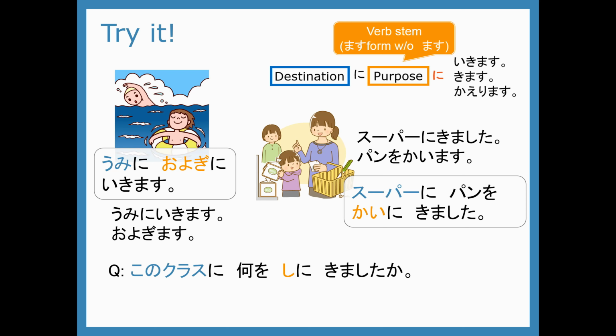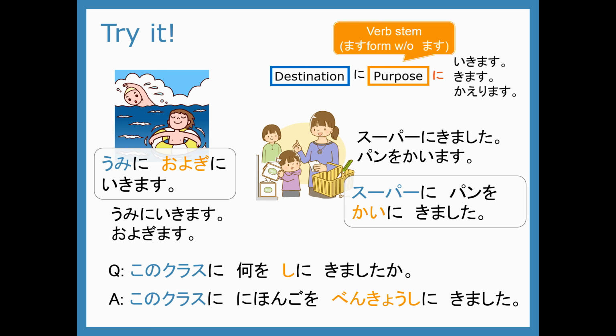このクラスに何をしに来ましたか? In other words, what did you come here to do? このクラスに日本語を勉強しに来ました。